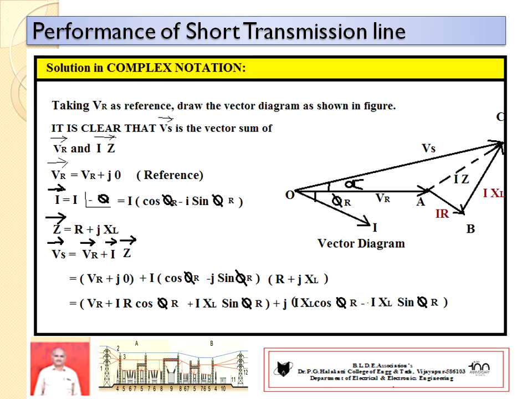At the receiving end the power factor is lagging, the receiving end current is I, and the receiving end voltage is VR. Hence the angle between VR and I is phi r, which is lagging. So the power factor is available, and from that value we can calculate phi r.